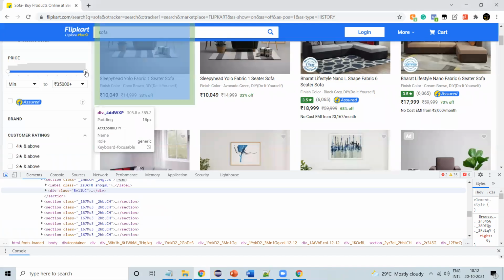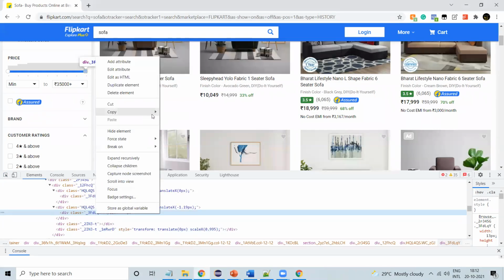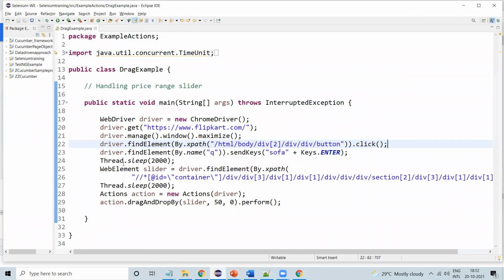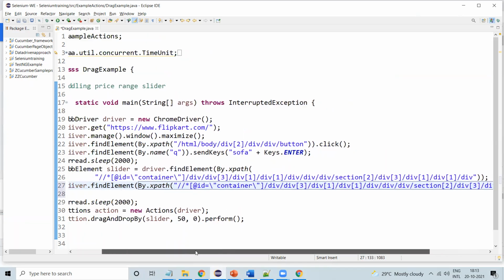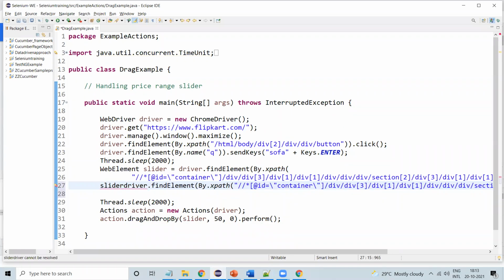I will find the locator of this one, copy the XPath. driver.findElement(By.xpath(...)). Here we need to store it, slider will keep 2.